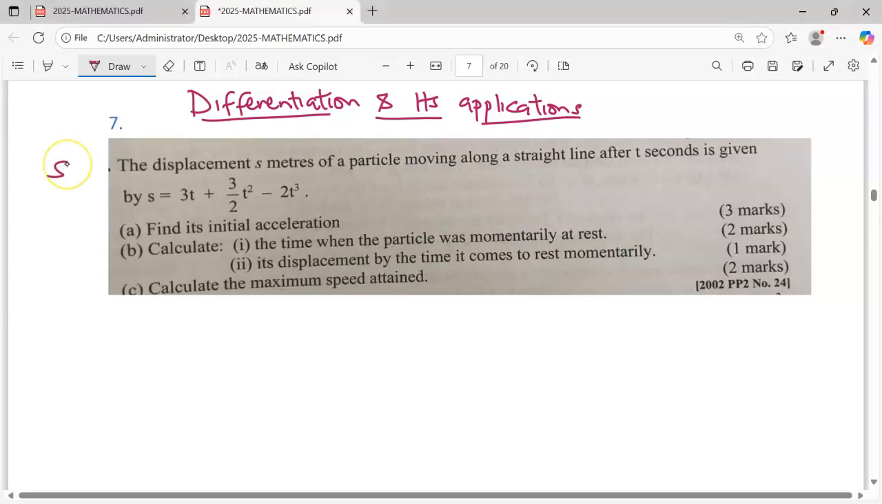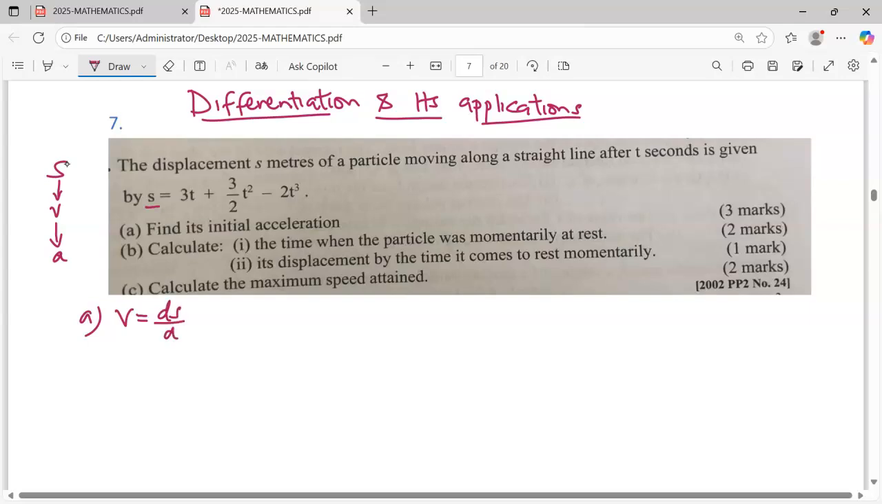Remember, given the displacement, we differentiate displacement to get velocity, and we differentiate velocity to get acceleration. In this case, since we have the displacement function and we need acceleration, we are going to differentiate two times, because the first differentiation gives us velocity and the second one gives us acceleration. In this case, we know velocity is given by